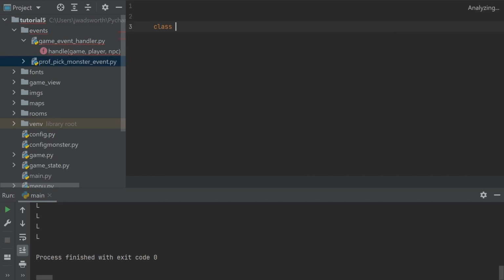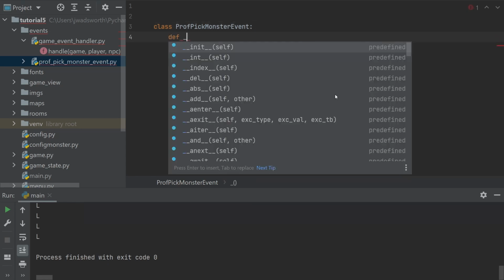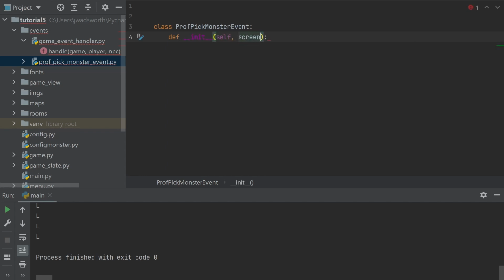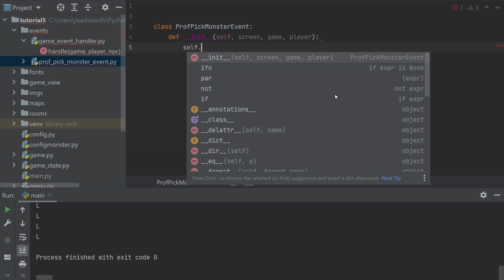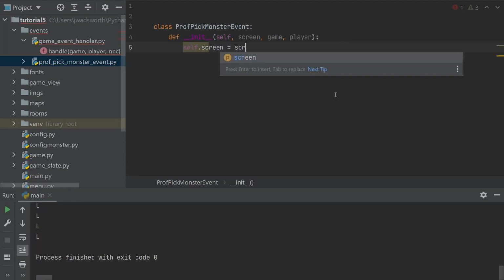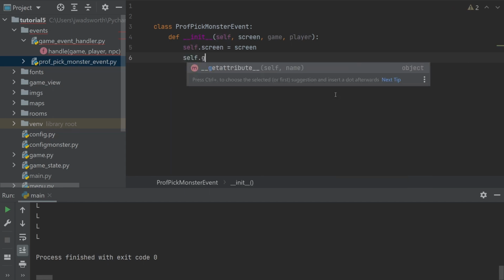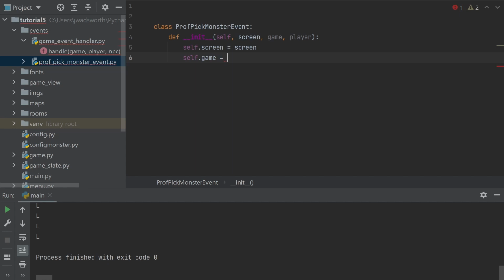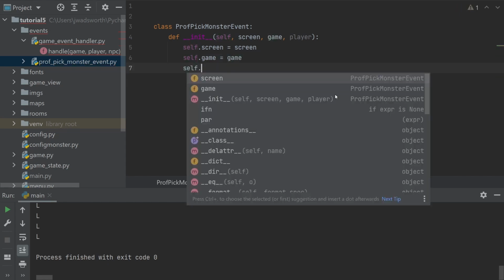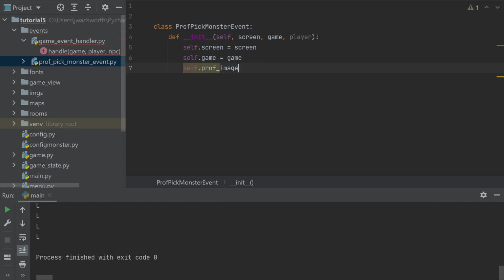So it's going to be standard naming for these classes. Pick monster event, self, screen, because it's going to render itself. Sorry, this is not where we put this. Put this down here. Def underscore init, screen, game and player. And we're going to say self.screen is equal to screen, self.game is equal to game. We're going to have an image, so self.prof_image is equal to